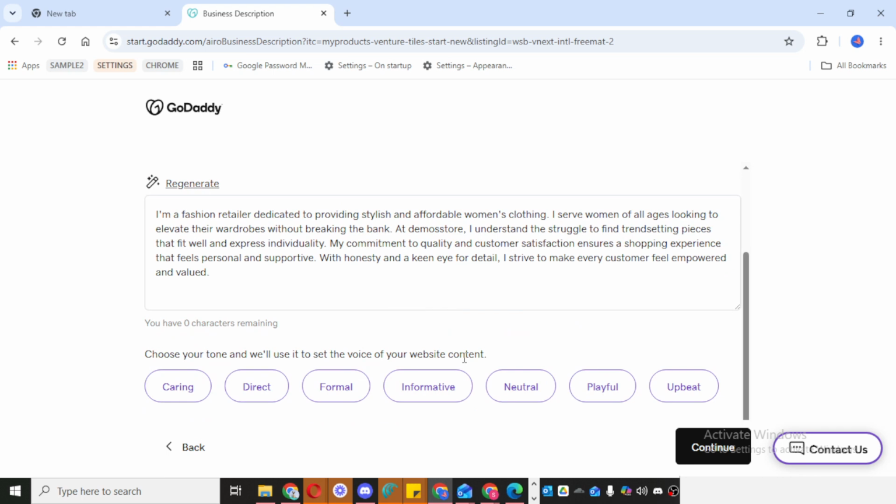At this point, you'll be taken into the website builder, where you'll be able to start building your site. This is where the real customization begins, and you can move forward with designing your storefront and preparing it for customers. And that's the initial GoDaddy clothing shop setup process from start to finish.